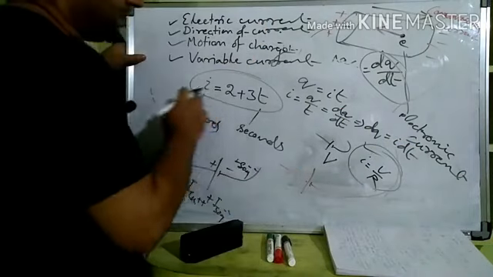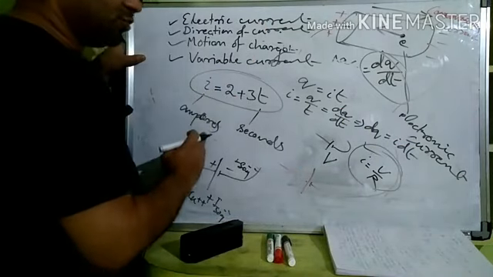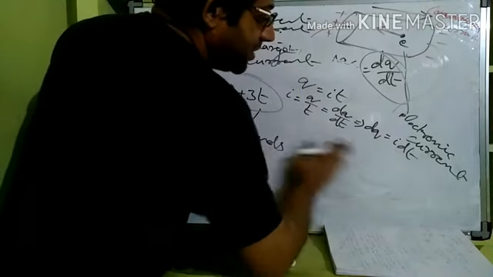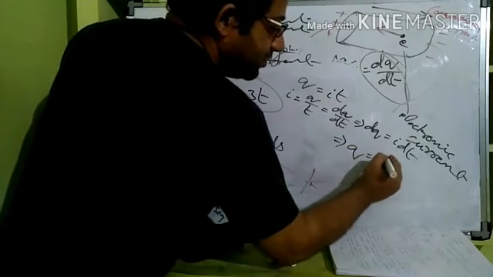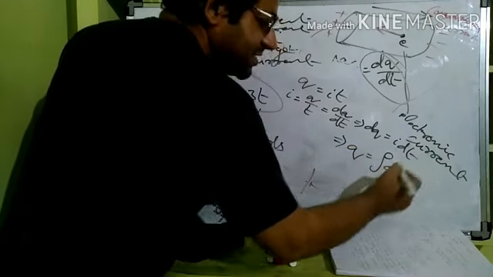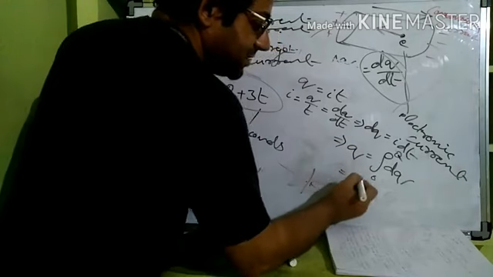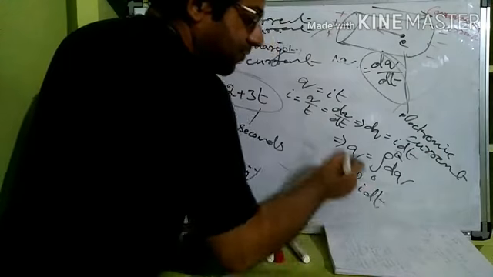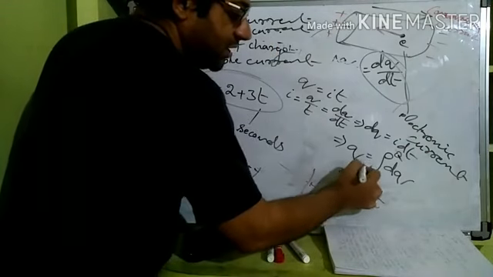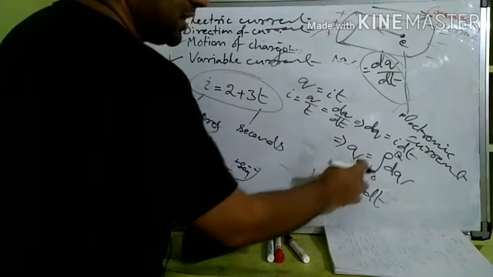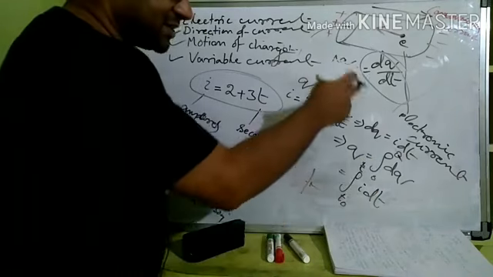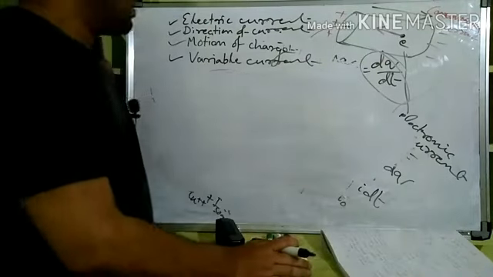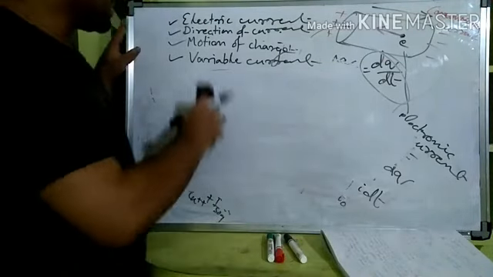So it implies that dq is equal to I dt. Now, what is the charge flowing from t is equal to 1 second to t is equal to 4 seconds, like that a sum will be given. So q is equal to the integration of dq, whatever the charge is, from 0 to q, let us say. That is equal to, with dt as the variable, the integral of I dt from t0 to t. If it asks what charge flows from the first second to the 10th second, then t0 is 1 and t is 10, like that we will take. So depending on these factors, we will take up some numericals.